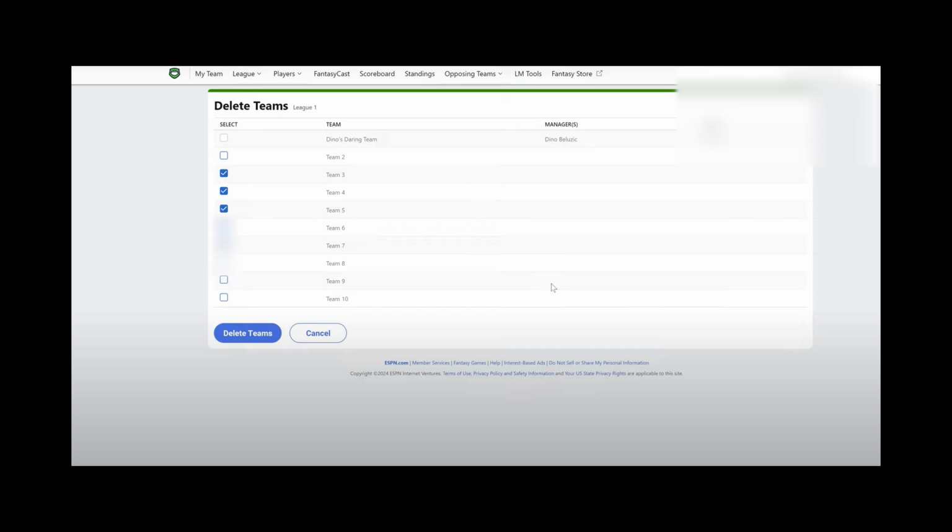By following these steps, you can easily delete your team in ESPN Fantasy